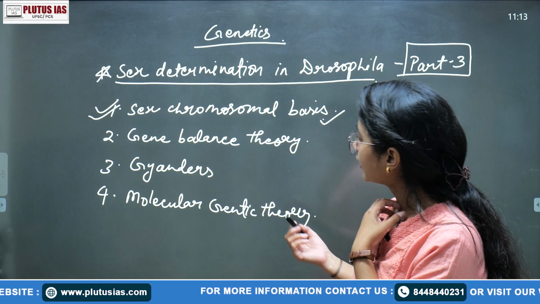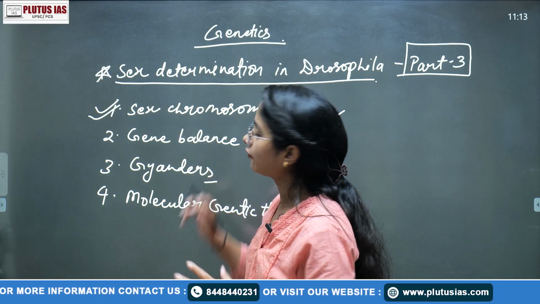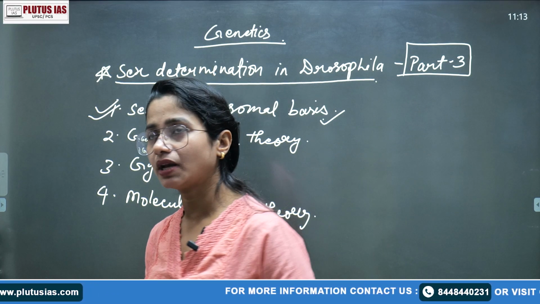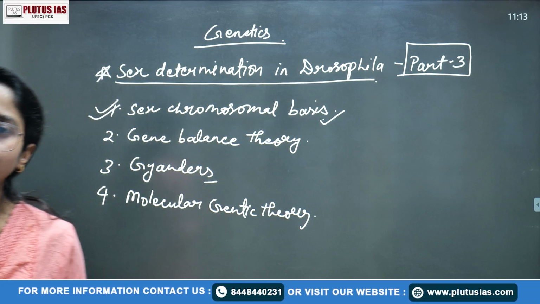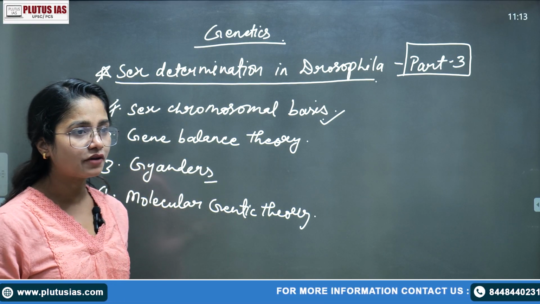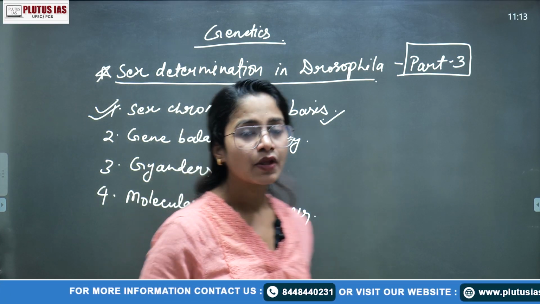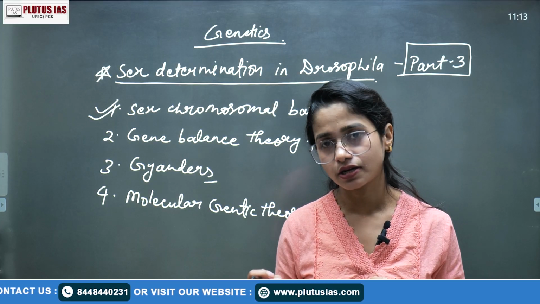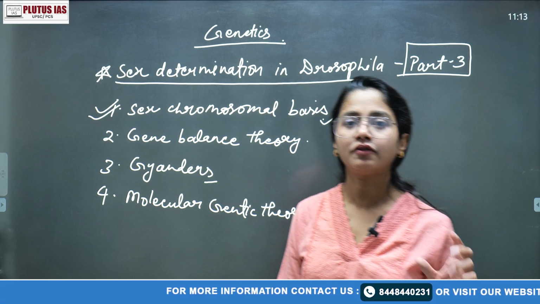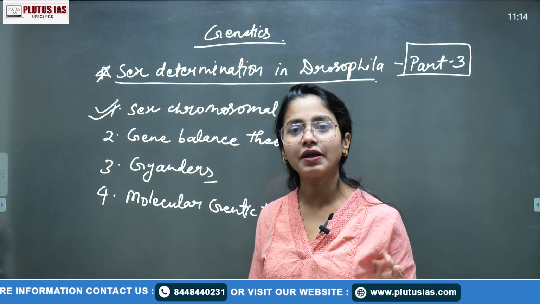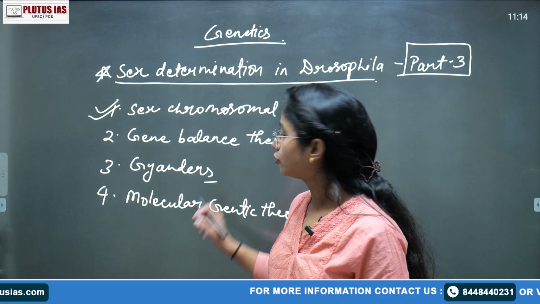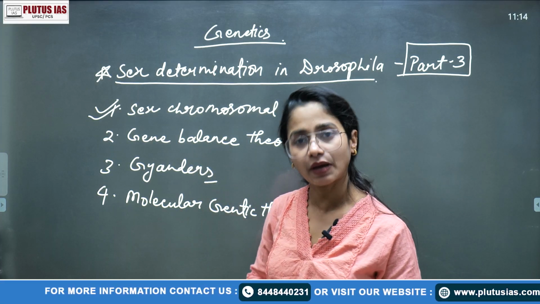Okay, and gynanders is actually a type of, well, when we talk about the gene balance theory, here we talk about both the autosomes and the sex chromosomes. Similarly, a gynandromorph is a type of development where the division of the chromosome occurs in a different form, the gynander form, so that in one body both male and female characters may or may not develop, right? So this is a gynandromorph. This is somehow related with the gene balance theory.